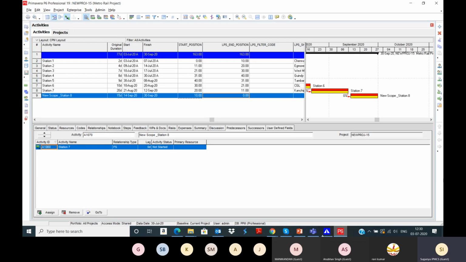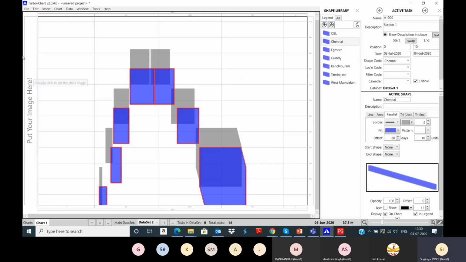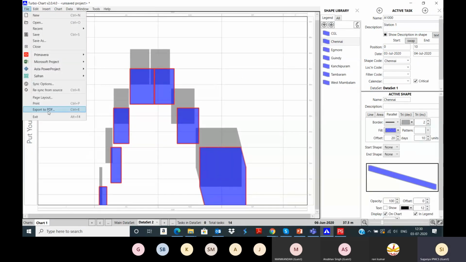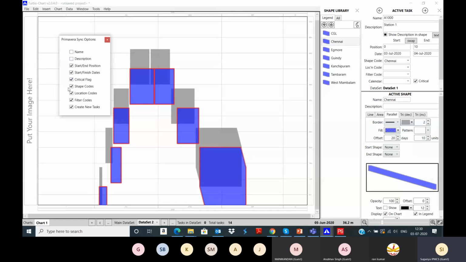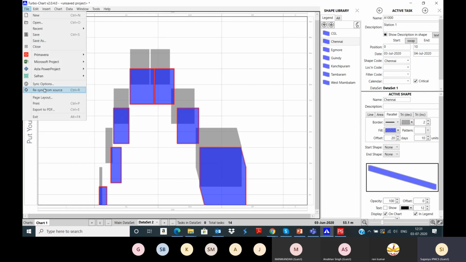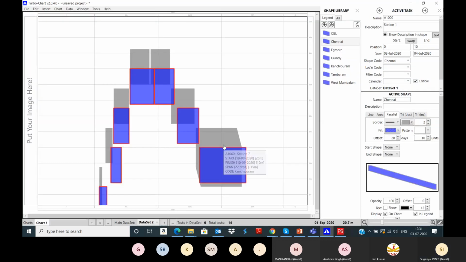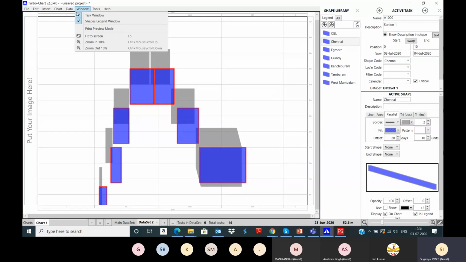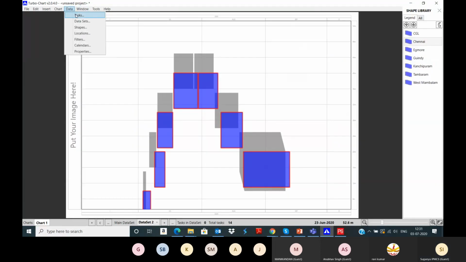Now you come to the turbo chart, go to file. Here you have the options called sync options. You can check all the options, create new task or name and then descriptions and all. Then you can go to file, resync from the source. So we have resynced from the source, go to data and then task.